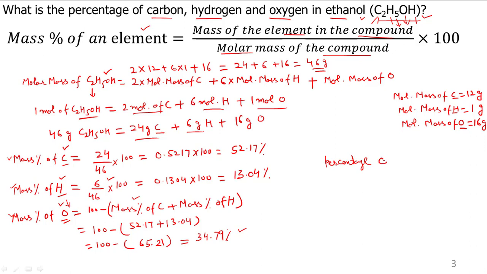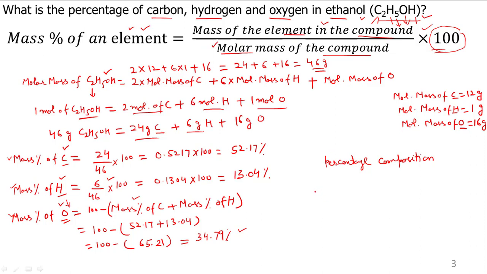So what is percentage composition? Percentage composition of any compound is the mass percentage of individual elements present in it, and we can calculate this by using this formula, which is quite easy to understand, as we have to calculate mass percentage. Percentage means out of 100. So we can easily derive this formula. Let us derive this formula.